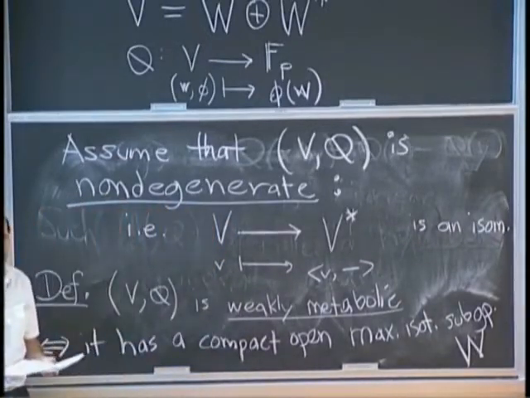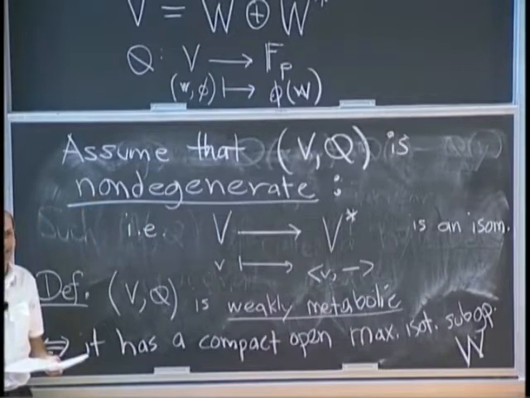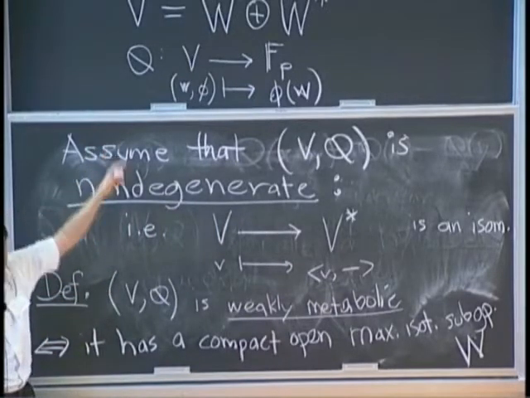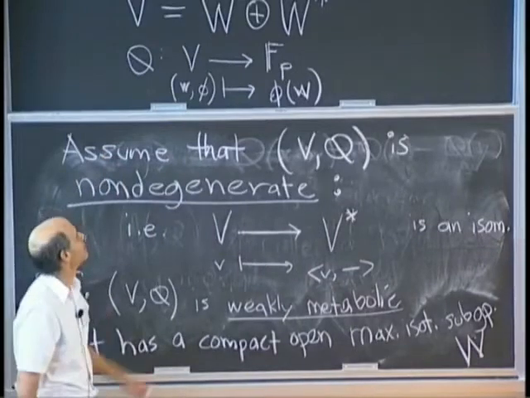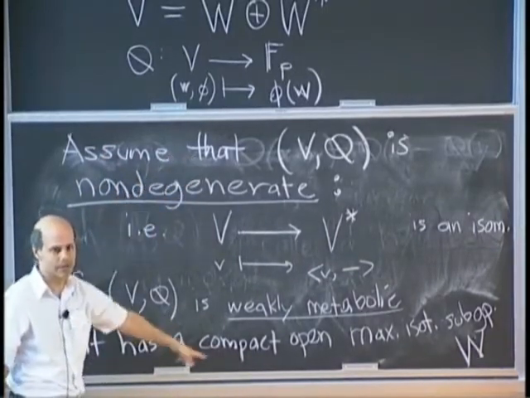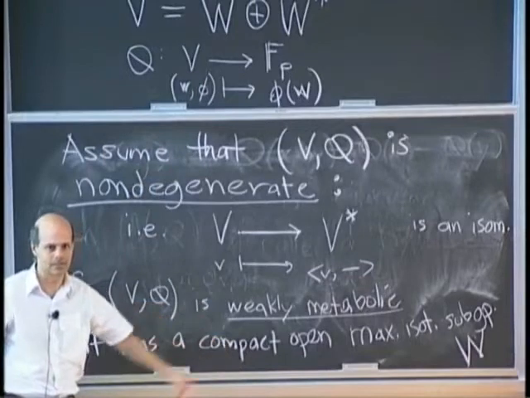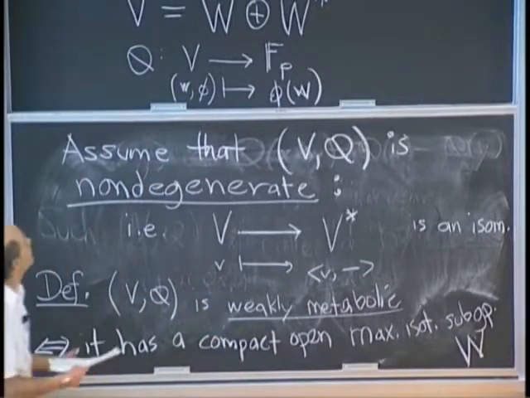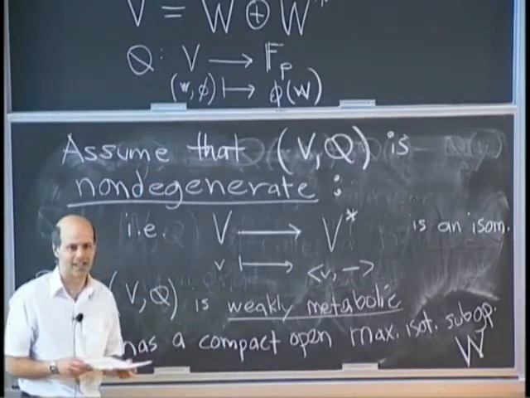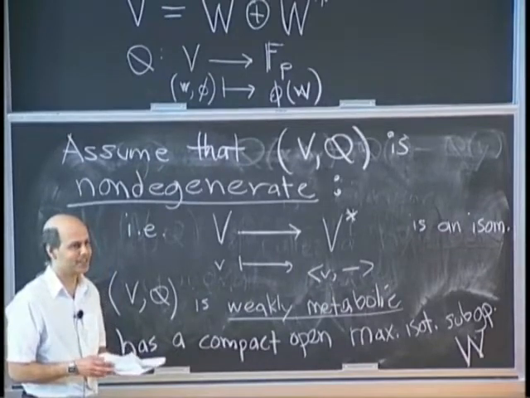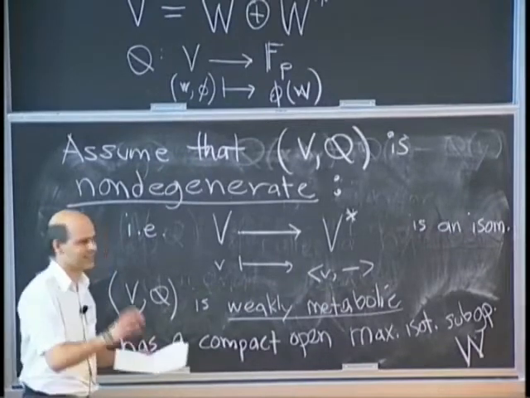So you could also have taken a discrete W. If I took W as being a discrete F_p vector space, then my W dual would have been the compact open maximal isotropic subgroup. So if you change compact into discrete in this definition, is it equivalent? Well, I mean, let's